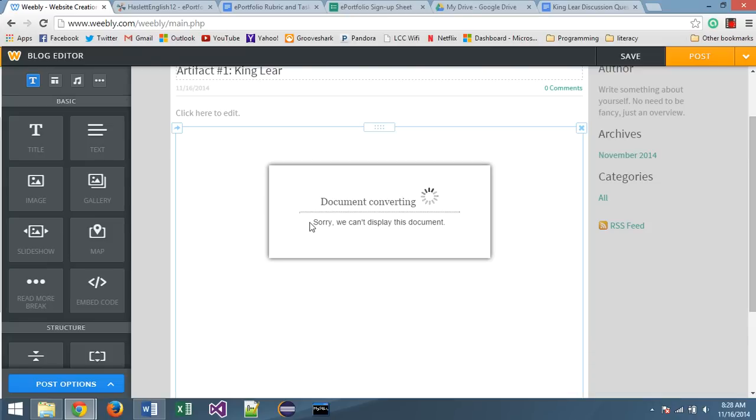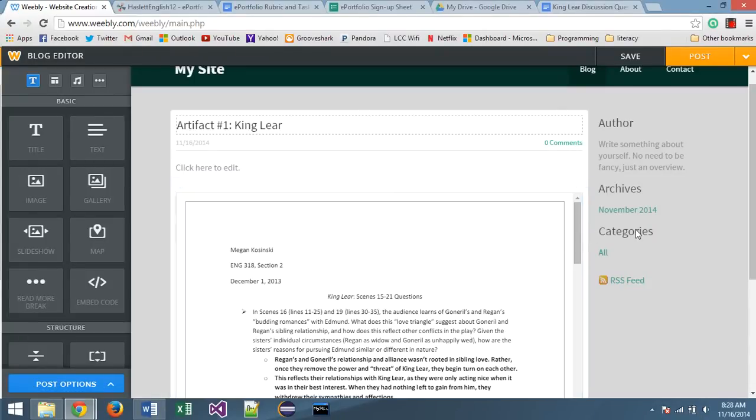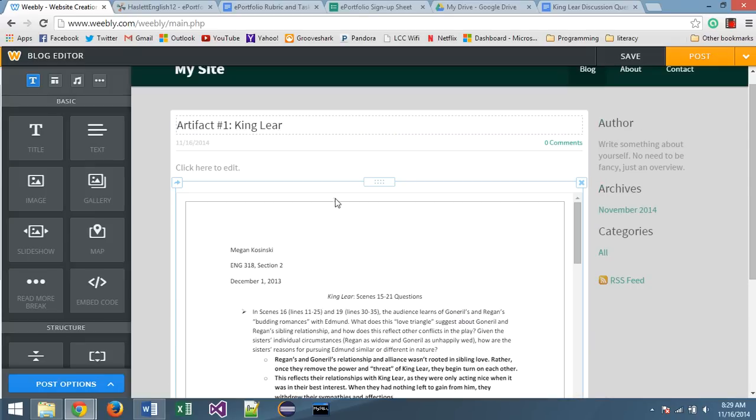And so don't believe this message. It will actually be able to display this document. It is just thinking right now. So we'll give it a second. And here you can see the document in all of its gloriousness, proudly displayed on my blog page here. And so once that's complete,